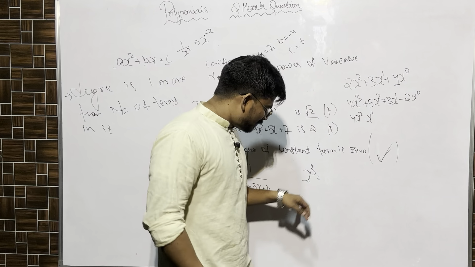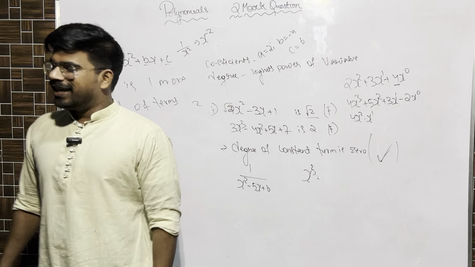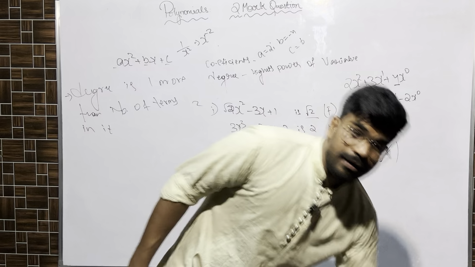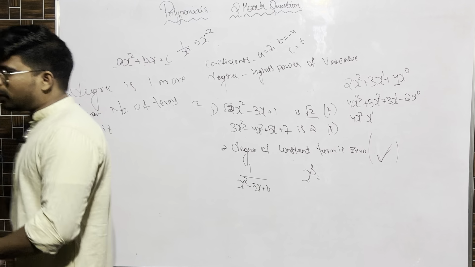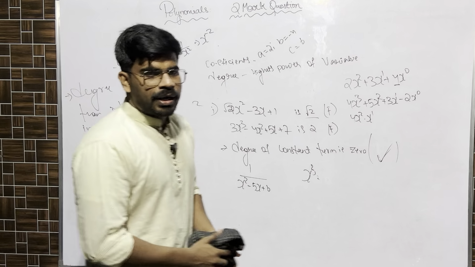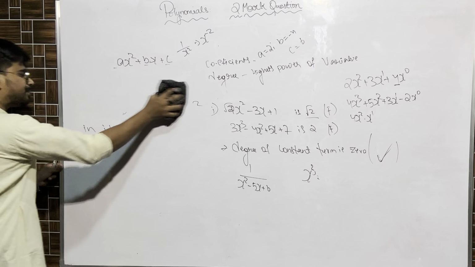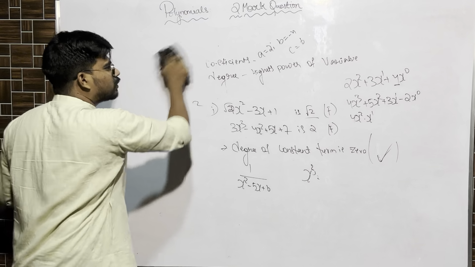So, number 1 is wrong, right? X cube, degree we already got to know. Degree is completed, number of terms is completed. Now, here we have to check, he'll give us a polynomial. He will give us a polynomial and we have to substitute certain values. I'll tell you what it is. 1 minute. Let me write down the question here.